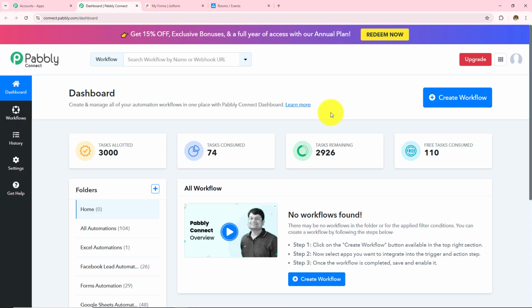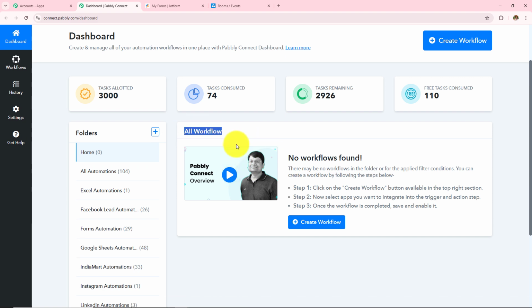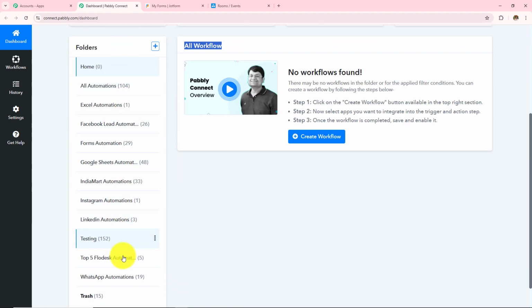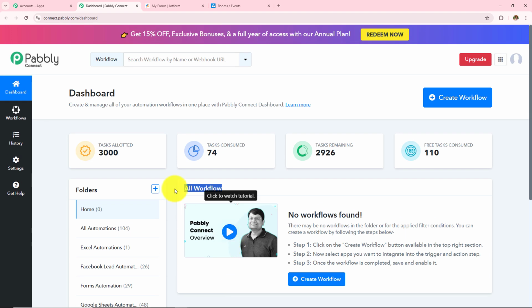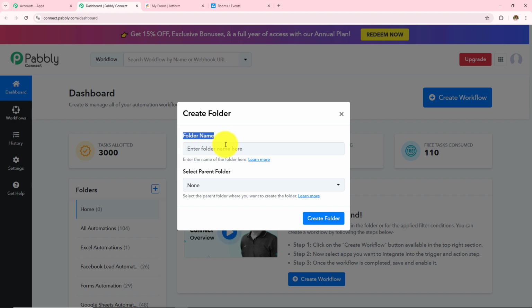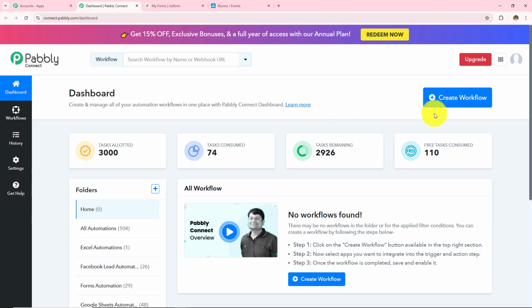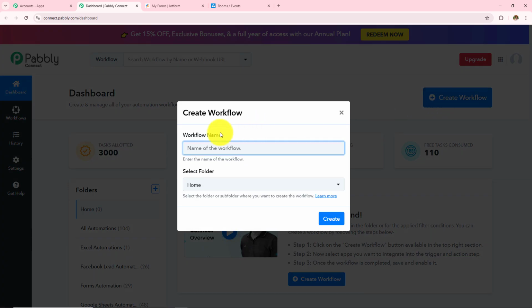And it has taken me to this dashboard where I will be able to find all my workflows over here and all the folders that I have created over here. Now if you want to create a new folder, you simply have to click on this plus icon, and from here you can create a new folder. For now, I want to create a new workflow, for which I need to click on this create workflow, and first I need to provide the workflow name, and then I have to select the folder in which I want